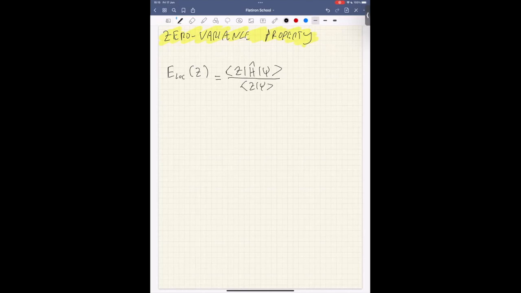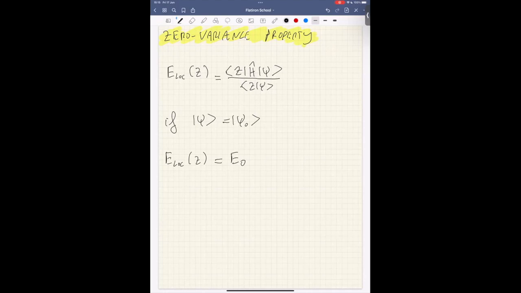Okay, so you can see immediately that if psi is equal to psi 0, so let's assume now that I've been so good at optimizing things that I found a psi that is exactly equal to psi 0, then you see immediately that E local of Z is a constant and it's equal to E0, the exact